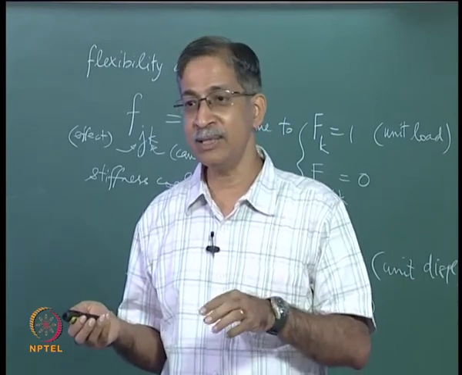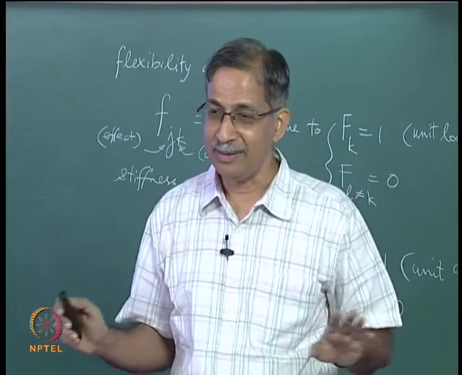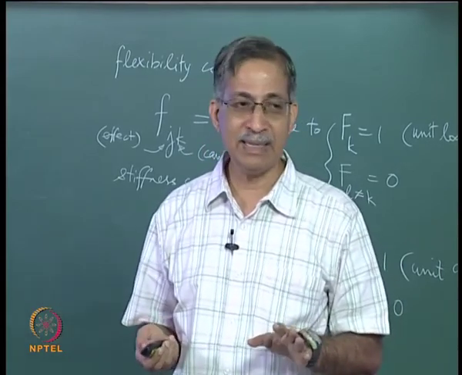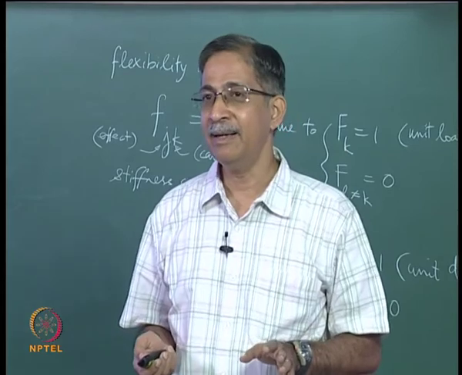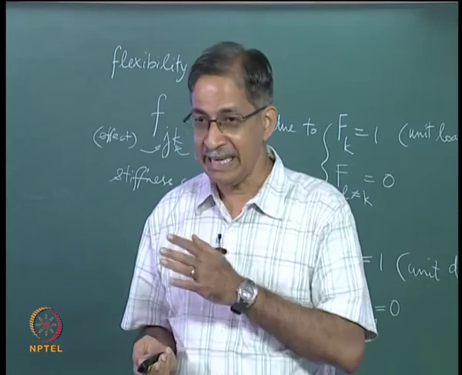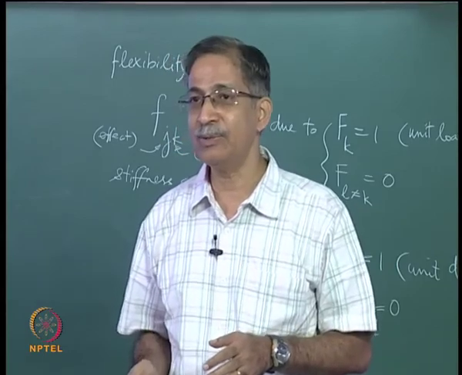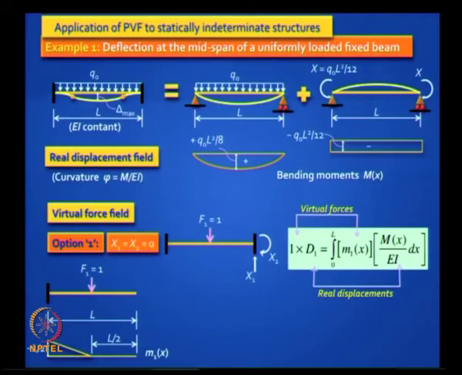So the unique solution is one which also satisfies kinematics, right, but we are not interested in finding the kinematically correct solution also, because here this is just a device to help us find an unknown deflection. All we need is any statically admissible solution. So you will find that if I conveniently take x1 and x2 equal to 0, I have got a cantilever. I have reduced that fixed beam to a cantilever beam with a concentrated unit load in the middle, for which the small m diagram is child's play. It is a small triangle and it is minus L by 2.